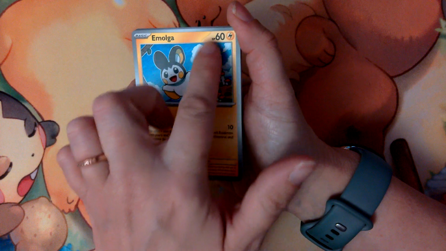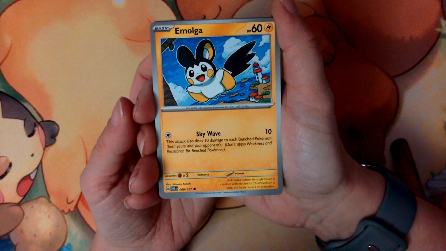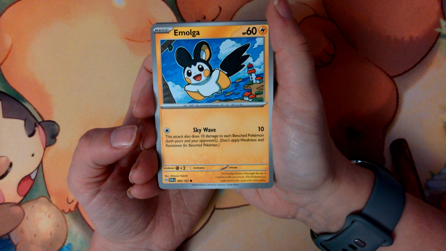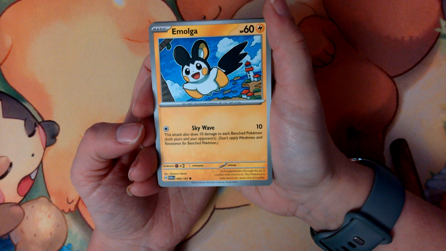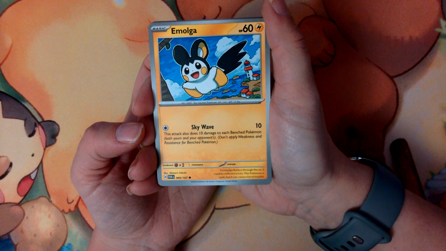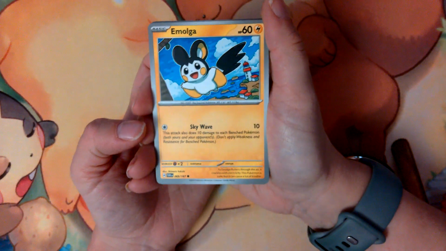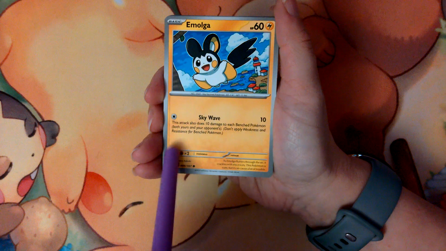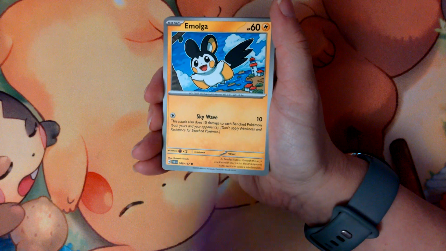And we have 60 HP. It's an electric type, or lightning, because in TCG it's called lightning, not electric. And it has an attack for 1 energy called Skywave, which does 10 damage. And it has an extra effect. This attack also does 10 damage to each benched Pokemon, both yours and your opponent's. Don't apply weakness and resistance for benched Pokemon. Speaking of weakness, Emolga is weak to fighting type, and it has no resistance. It has free retreat,